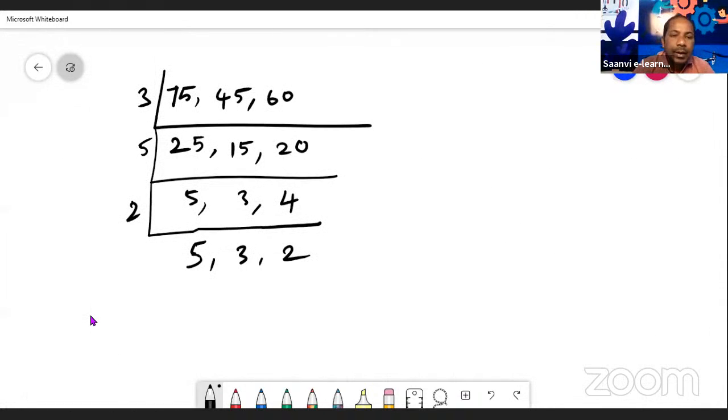Now find the LCM. LCM is equal to 3 into 3 into